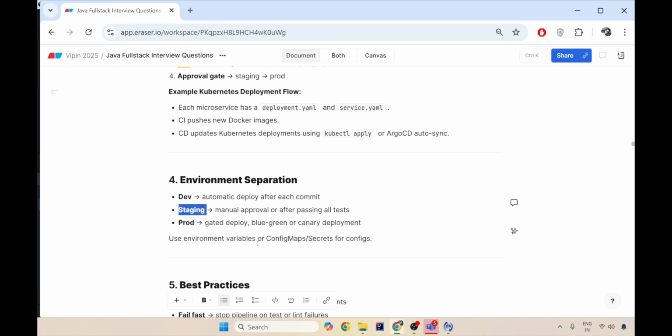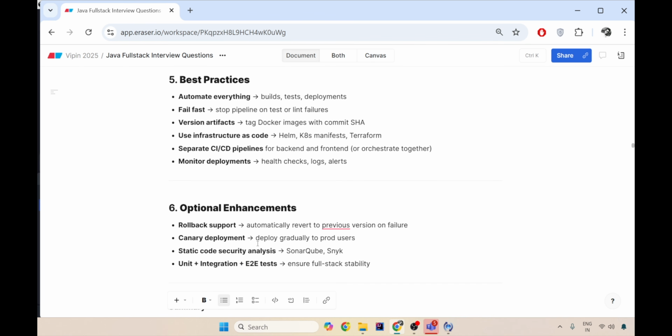The best practice in CI/CD is to automate everything. Build, test, deploy. Everything should be automated in your pipelines. There should be a fail fast. That is, as soon as any of the tests fail, do not allow the deployment or CD to kick in. Fail fast. As soon as your compilation fails, stop then and there. Ask the user to first fix your compilation issues, then fix your Sonar issues, fix your test issues. Only and only if CI passes, then CD should be allowed. So there should always be this automation check that CI should always be passing before CD happens.